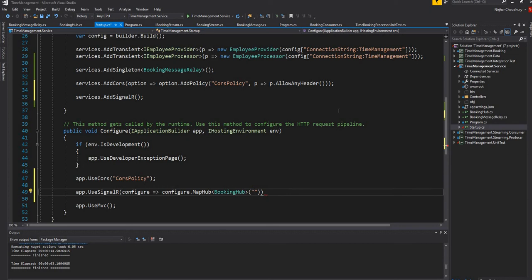I'm going to pass the path as booking hub. That's what I'm going to do, and this will essentially configure the route booking hub for this particular hub. So once I'm done with that, the next thing I will do is I'll have to start with the